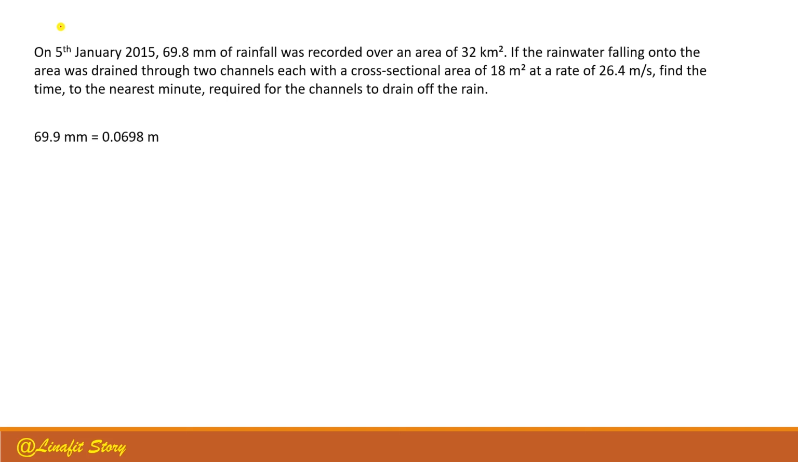So the first step is we should convert 69.9 millimeters into meters. So it's equal to 0.0698 meters. And after that, we will convert 32 square kilometers into square meters. So it's equal to 32 million square meters. And after that, the volume of rain is 32 million times 0.0698 is equal to